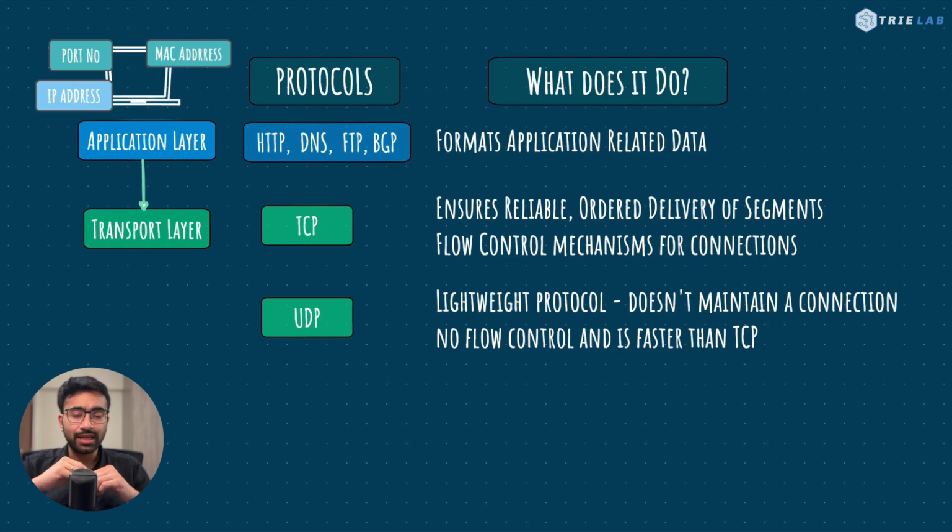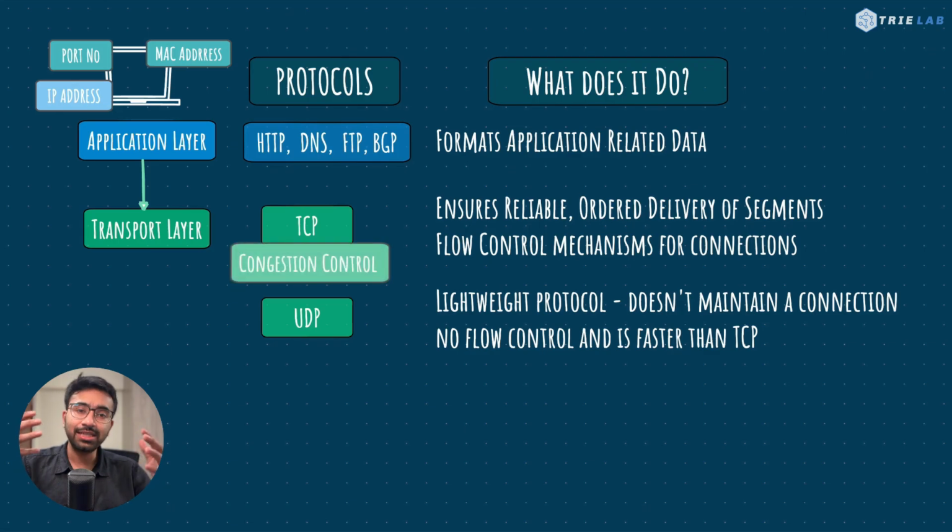Now, one interesting thing to note is that all the application layer protocols have their own port number as well, which is used by the transport layer to identify for what process this packet is supposed to be sent. As mentioned earlier, TCP also has congestion control mechanisms, which help reduce or increase the segment size in the protocol based on the congestion in the network.